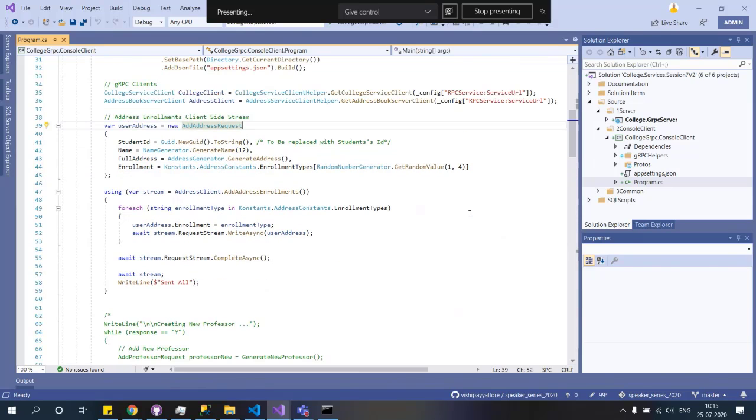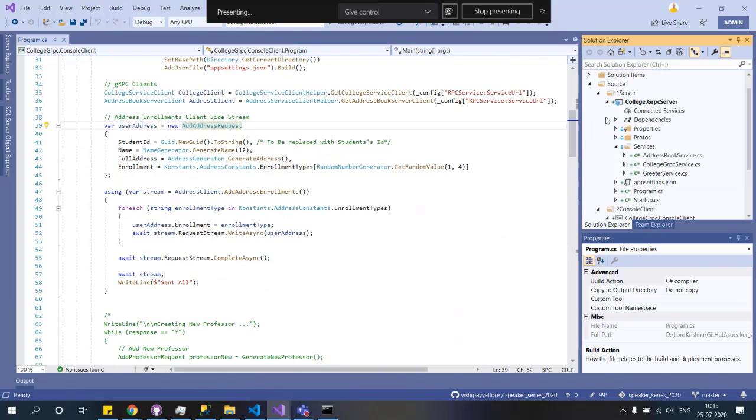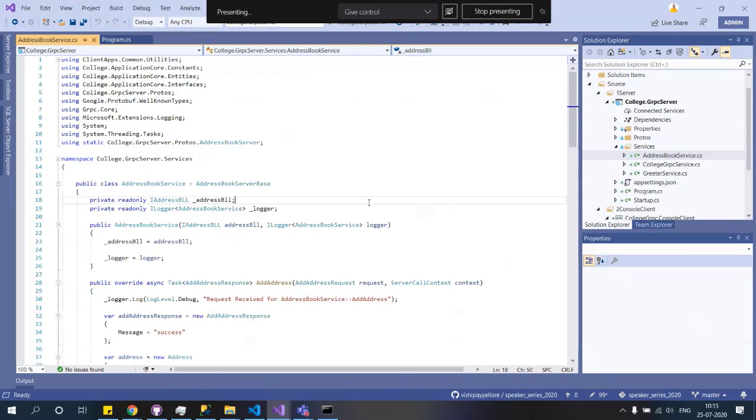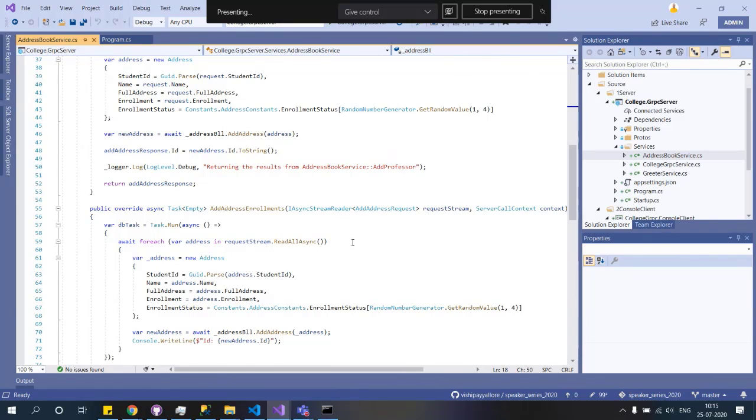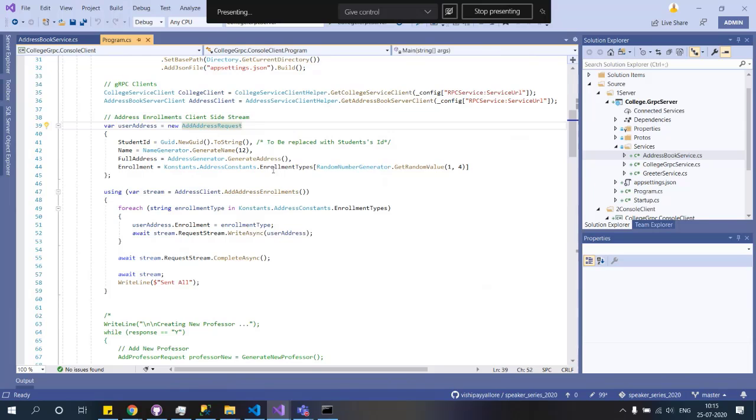Where did we do that? I think we did it somewhere here in this address service. Yeah, here we did this. When we are doing this, we ran the task, and when we are reading the streaming, we added await, because it was read async. So before foreach, we'll add await, so that we read asynchronously. We read message by message. Okay, let's start writing in the client.